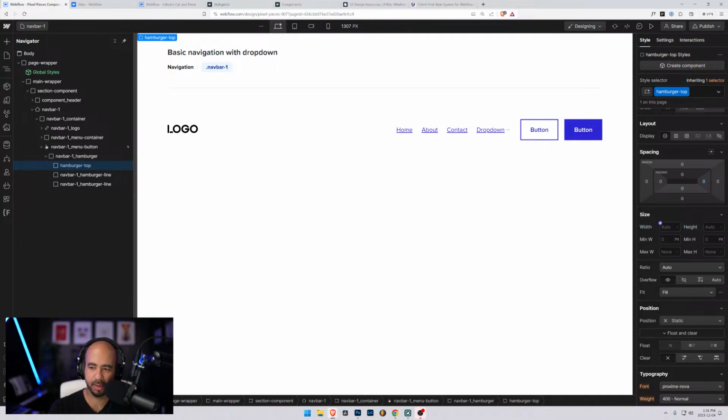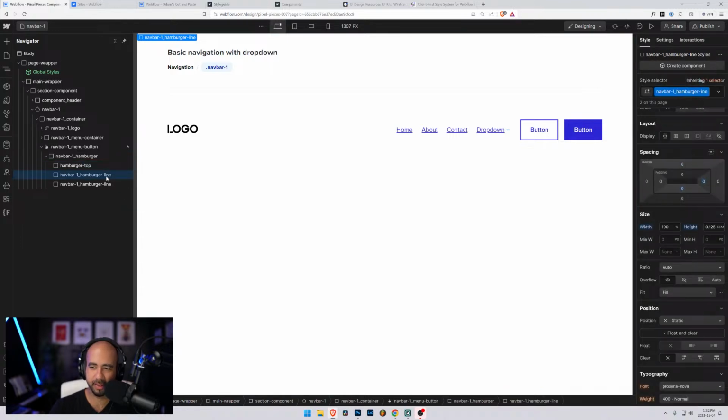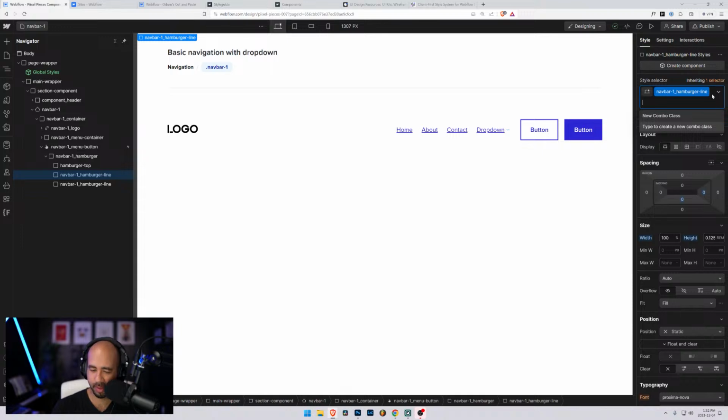And our width is 100%. Oh, that didn't work. 100%. And then we have our height of, what was our height? 0.125 rem. And padding of 0 here. I don't know why that's there. There must have been some issue I was having. We're going to do the same thing here. We're going to call this one